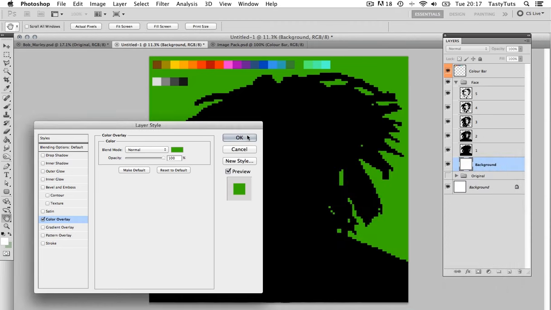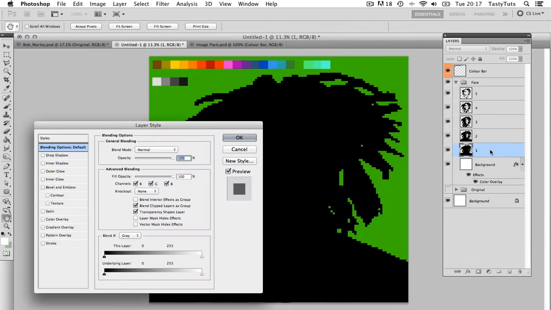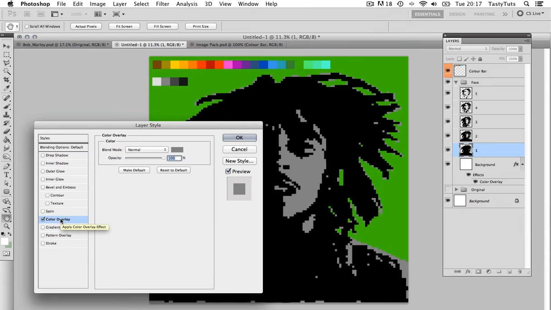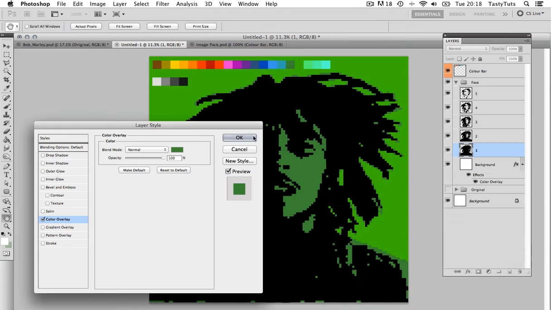Next I'm going to select Layer 1 and again double click to pull up the layer styles. Just like earlier, I'm going to select Color Overlay and click the coloured box and select a colour from the colour swatch. This time I'm going to go for a darker shade of green. Next, with Layer 2, I'm going to do the same